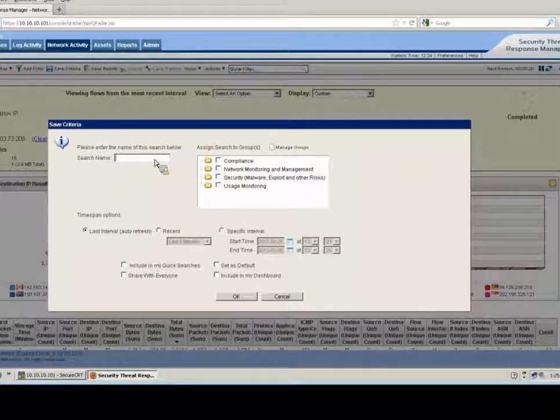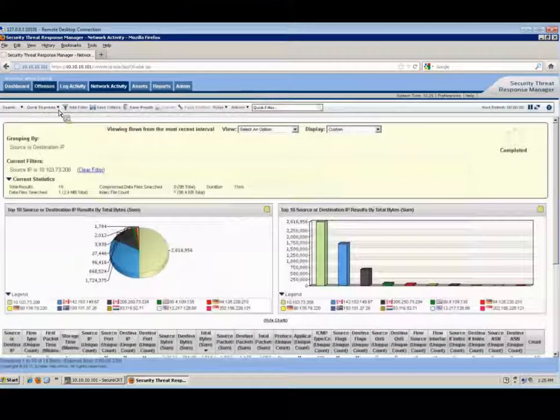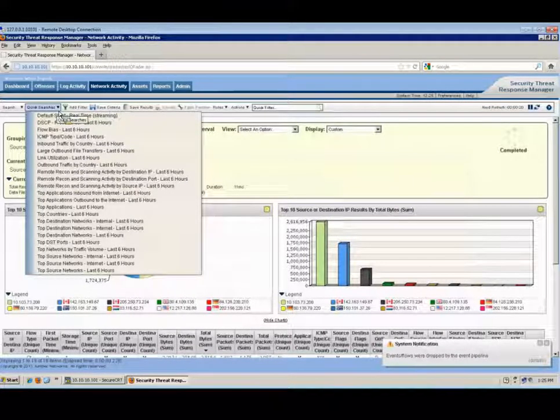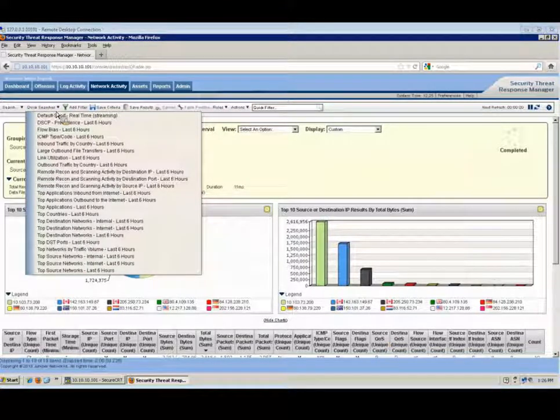It allows us to customize it, place it in, for example, I could save this as source IP, and then I could put it into a network monitoring group, for example. I can specify a time span here again just for the save. I can add it as a quick search so that it'll be available up here for me to access using the quick searches. So just a drop-down box, I can just click on it, and right away I have that available to me. Okay. So again, real quick, real simple